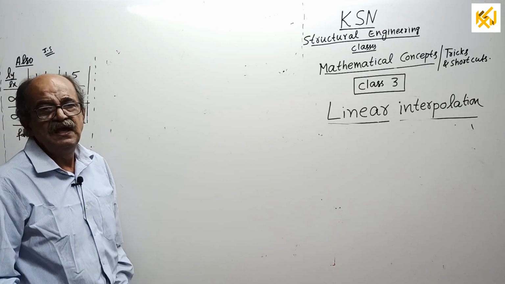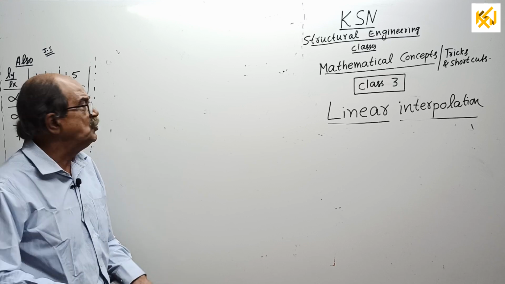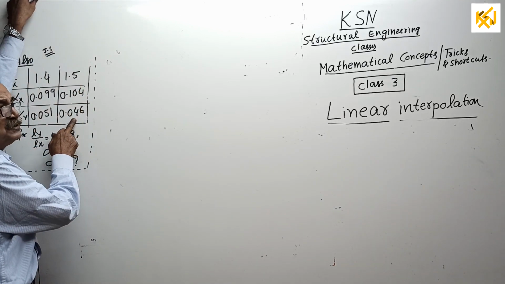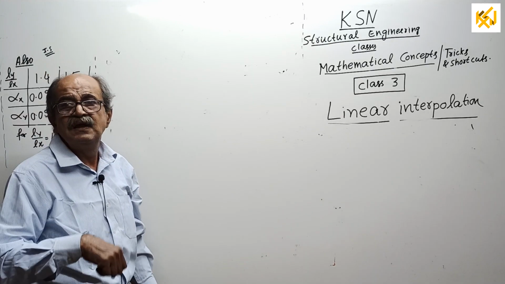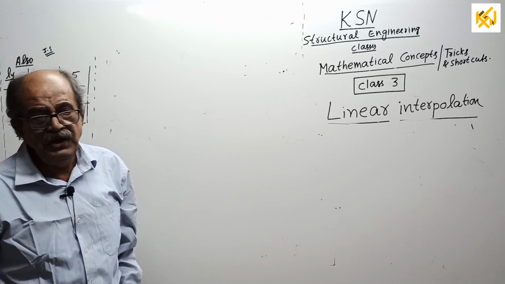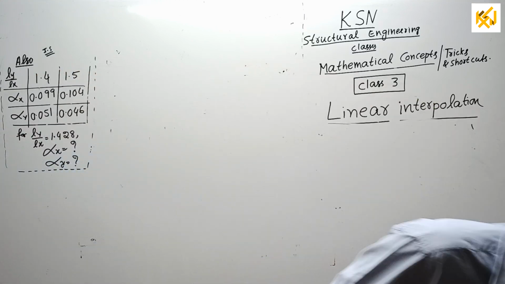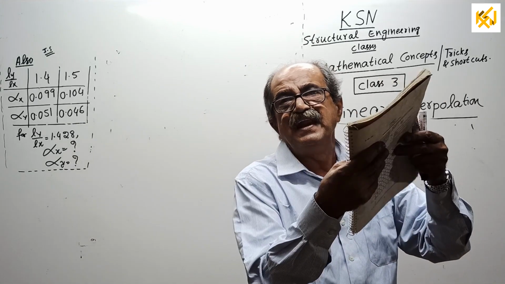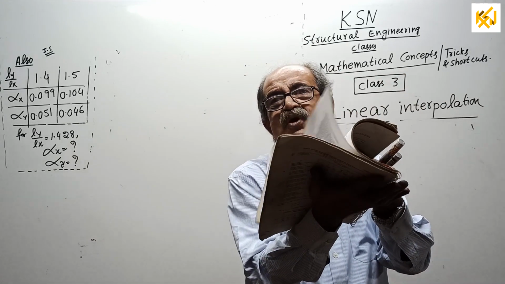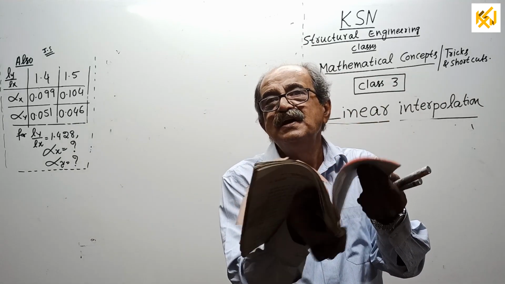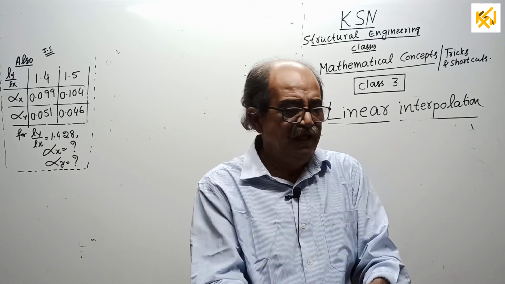These values I took from IS code. You can check it. Suppose when I copy from IS code, suppose a print mistake is there, why should you bother? You don't have to bother. See, IS code, RCC code is there. This I bring to the class because it's not a note, it is a code. This I can use, tables all there.